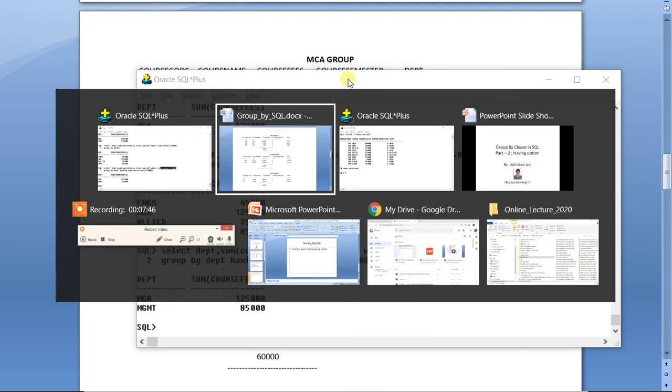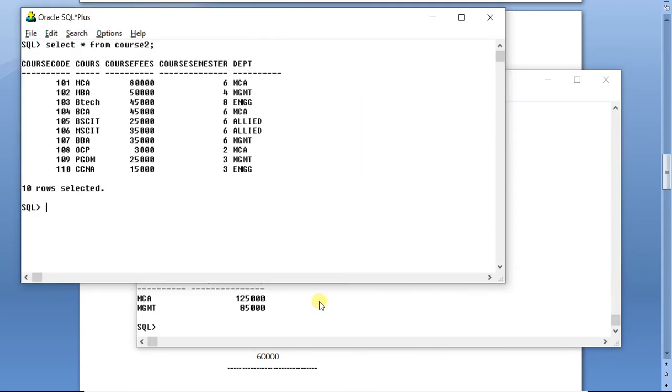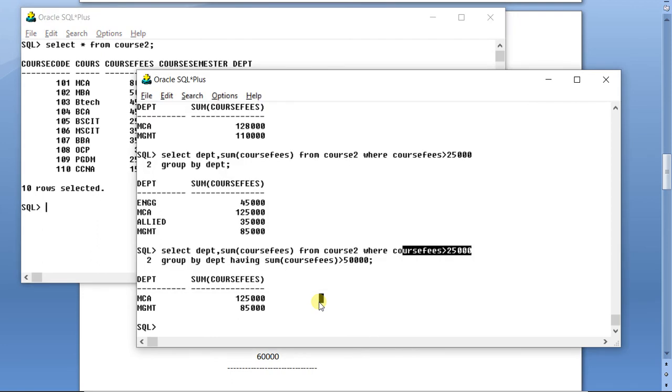Now let us come to another question. Try to answer what will happen with this: select sum of course fees from course group by course code.